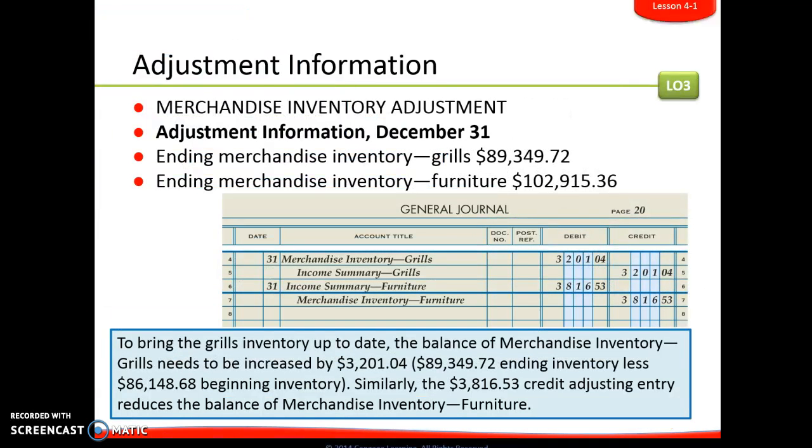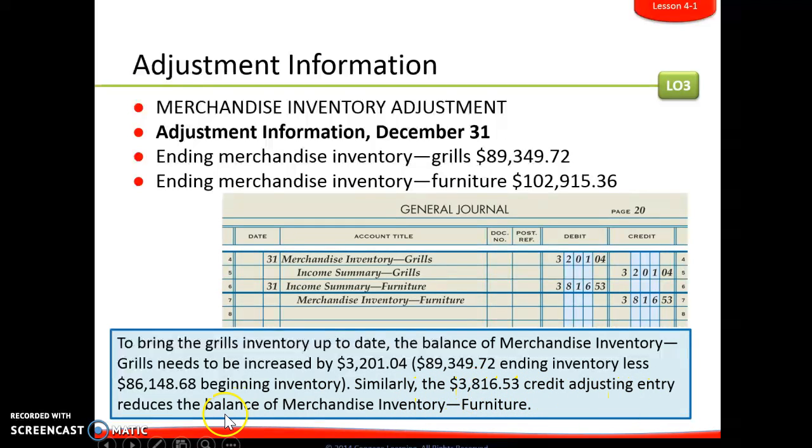Okay, next we have our merchandise inventory adjustment. Adjustment information again is for December 31st. It gives us ending merchandise inventory for grills as $89,349.72, and ending merchandise inventory for furniture as $102,915.36. So to bring the grills inventory up to date, the balance of merchandise inventory grills needs to be increased by $3,201.04. Similarly, the